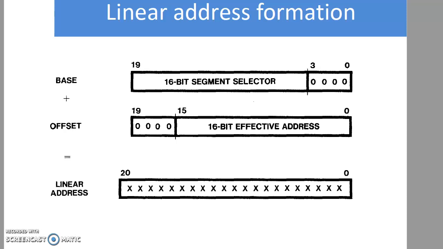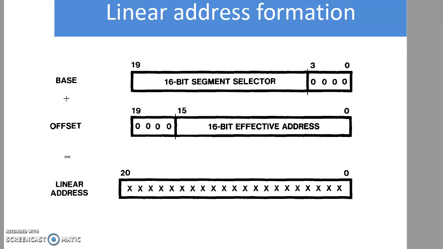In the previous session we had discussed virtual 86 mode and various concepts related to it, including how we enter into virtual 86 mode, that is by setting the VM flag of the E flag register. Virtual 86 mode can be entered only through protected mode. You cannot enter virtual 86 mode from real mode. The 80386 has to first be in protected mode, and from protected mode, by setting the VM bit of the E flag register, we can enter into virtual 86 mode.